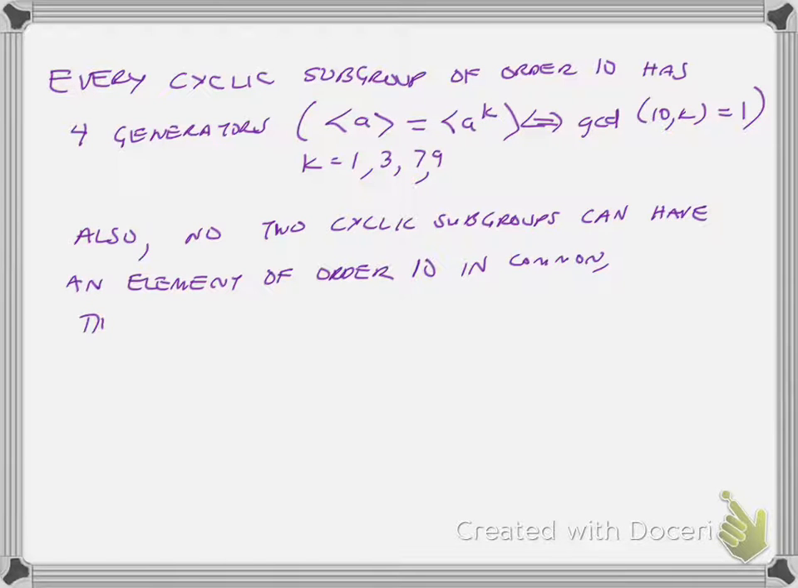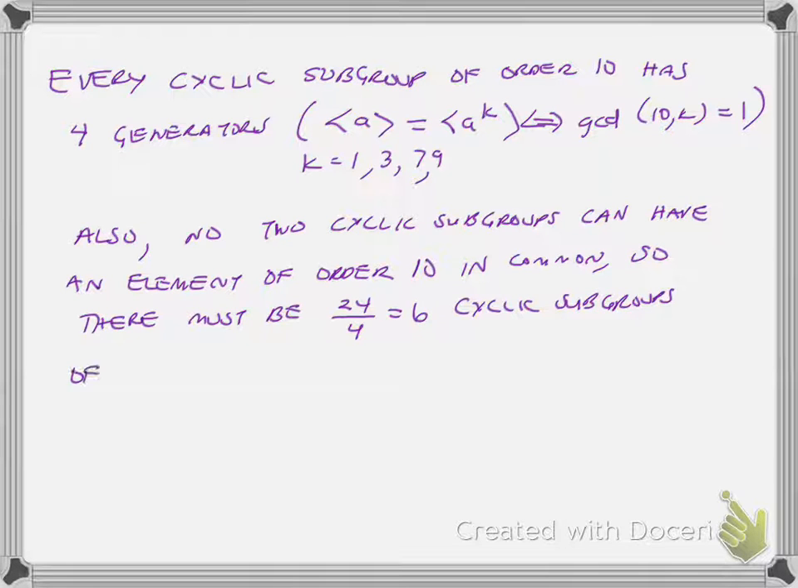Okay, so there must be 24 divided by 4, 6 cyclic subgroups of order 10 and Z100 cross Z25. So again, you may need to go back and review chapter 4 because again, chapter 8